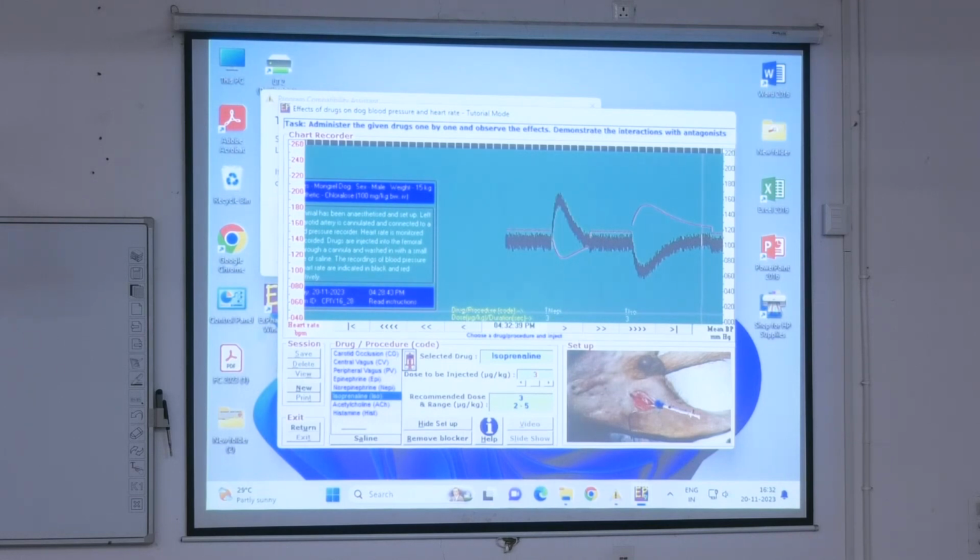So there will be reflex tachycardia. তার মানে beta 1 receptor stimulation, chronotropic effect, and due to fall in blood pressure there will be reflex tachycardia. So there will be much more increase in heart rate with isoprenaline. আগে অনেকদিন আগে হার্ট স্ট্রোকের সময় এটা দেওয়া হতো।